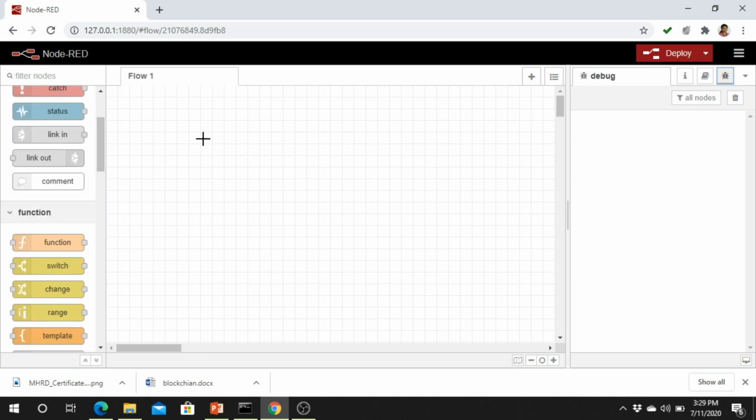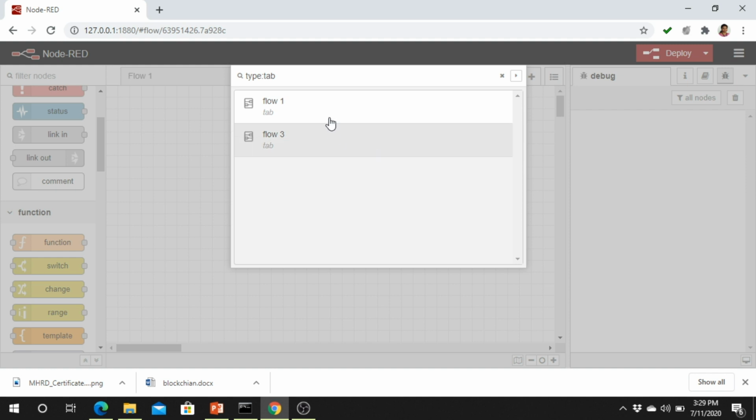And we have the editor window, the flow window here, where we will configure all our circuit design. If you want to add a flow, there is a plus option. If you click it, the next flow will be added. And we have a list flows option. If you want to visualize all the flow numbers, you can click this list flow option.